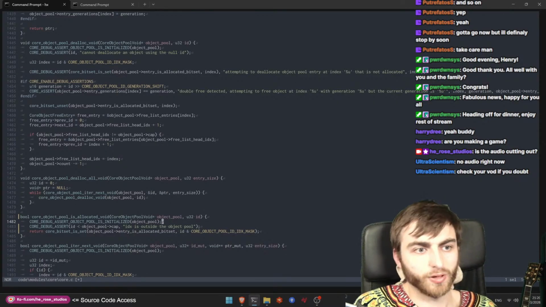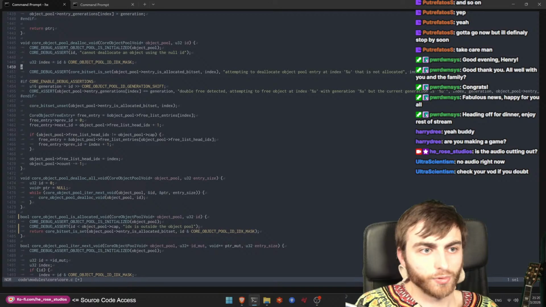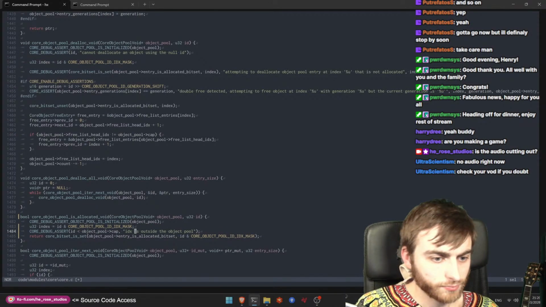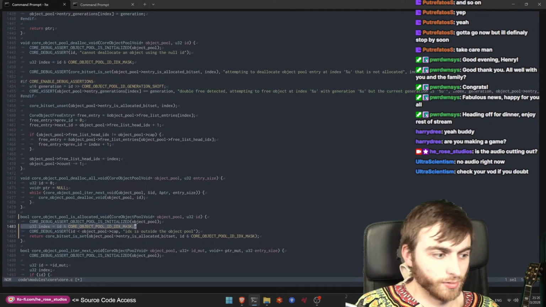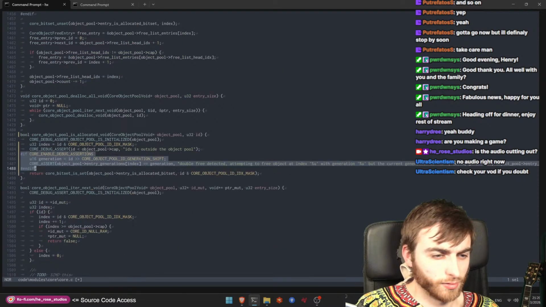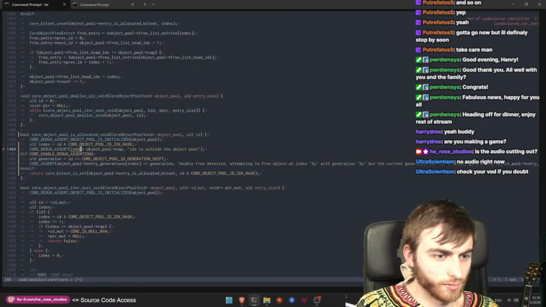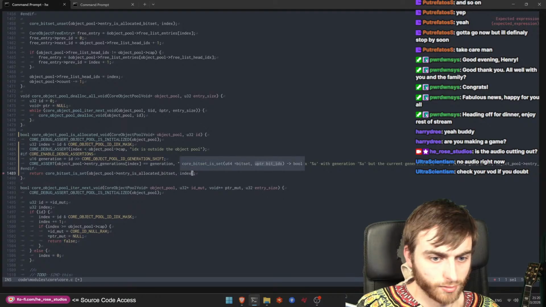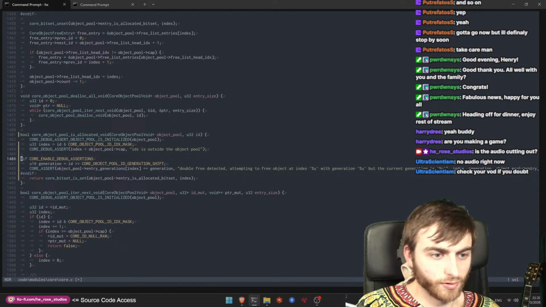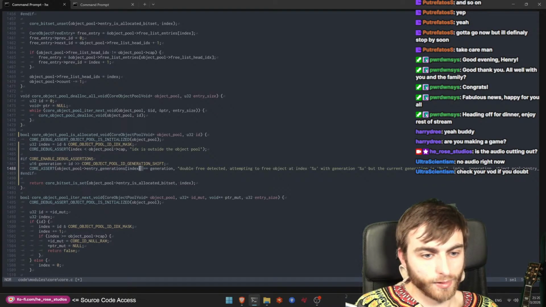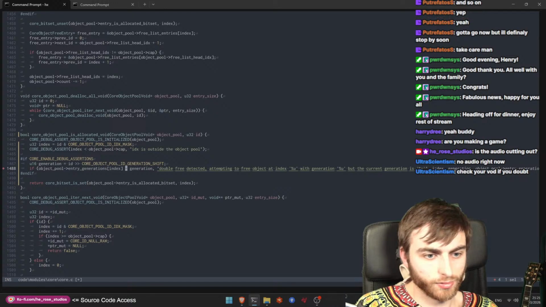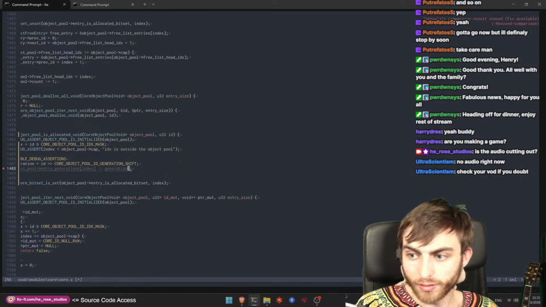Yeah, to find invalid information, I guess we should. We want to get the index, and we would like to get the generation. Right, so we have debug assertions. Get the generation. If the generation is not equal, then